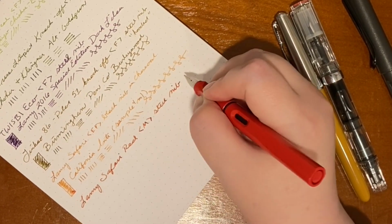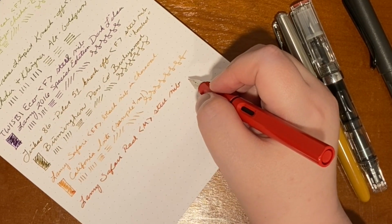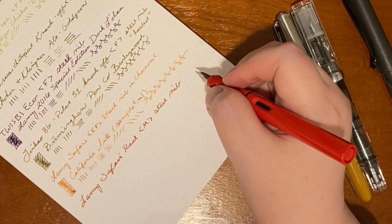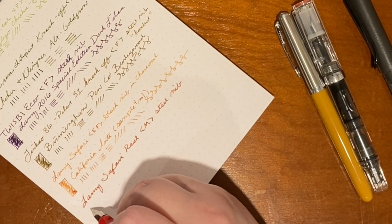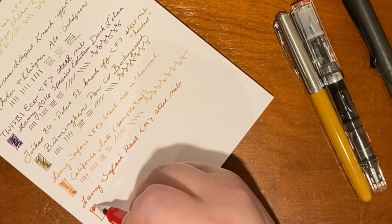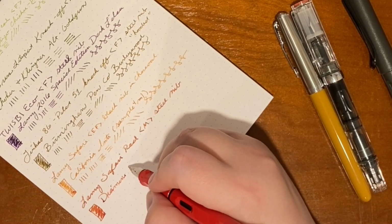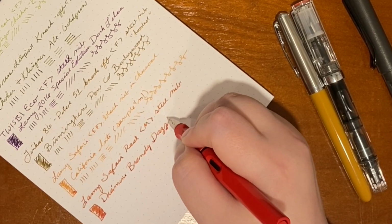steel nib, and often I find mediums to be too thick, and often I feel like my handwriting with medium nibs looks like it's been written in magic marker, which I don't really care for. It's not my aesthetic, although I rarely feel that way when I see other people write with medium and even broad nibs. So I don't know, maybe it's some sort of weird handwriting dysphoria. I'm not sure. But the ink in here is Diamine Brandy Dazzle,